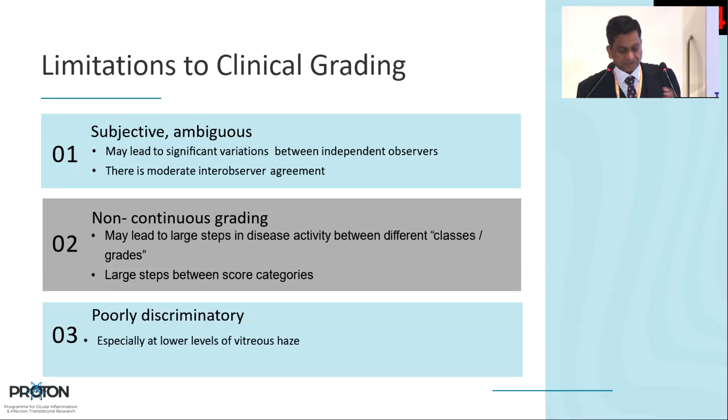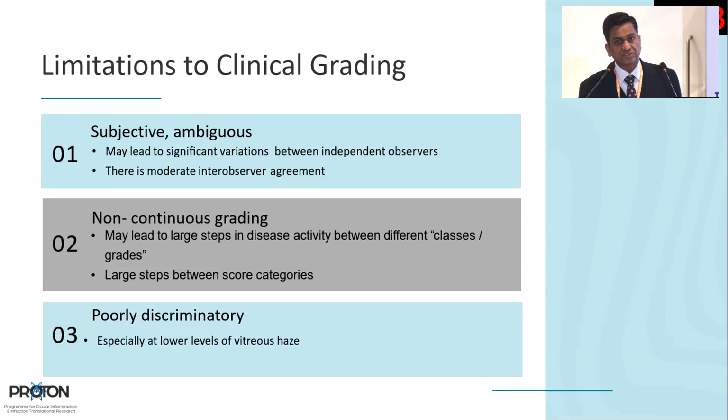I switch off the room light, and suddenly there are a lot of cells. You keep the lights on, you can't see anything. And then you feel ashamed in front of your fellow who is able to pick up the cells, and you as a consultant are not able to pick them up because you are overconfident and think there is no need to switch off the light. So these are the variations which come into practice, and we need to acknowledge and appreciate that there are variations there.